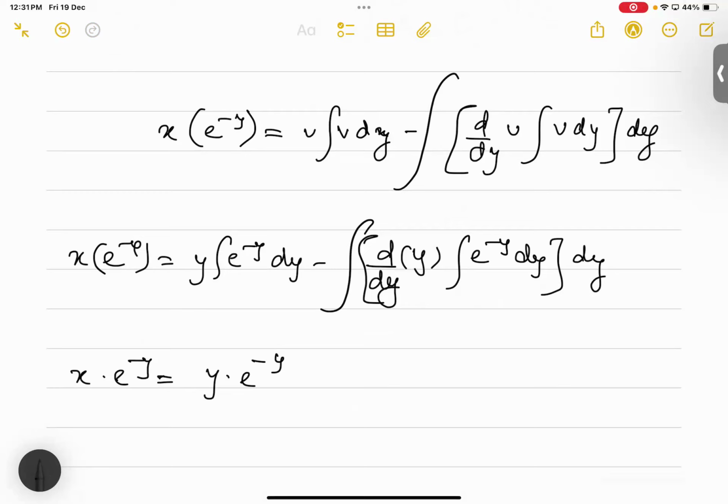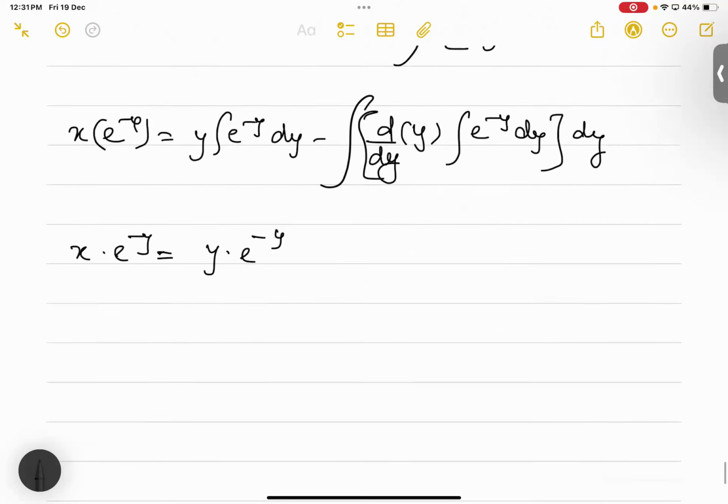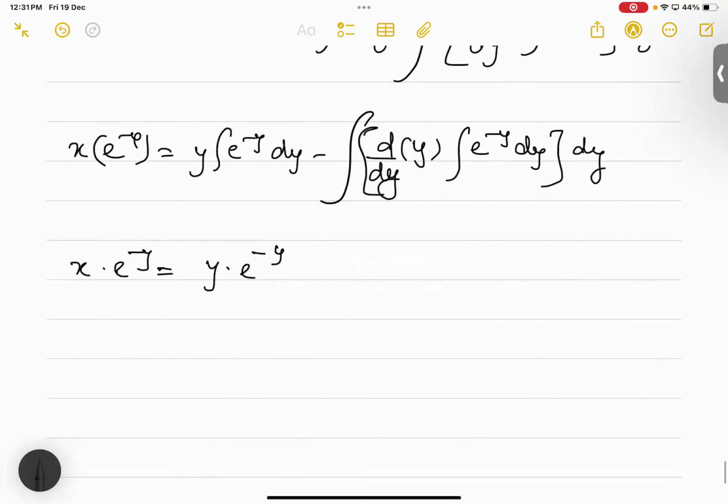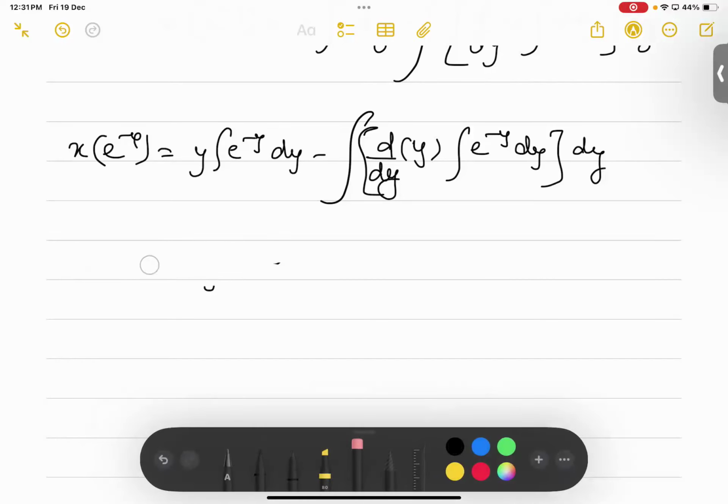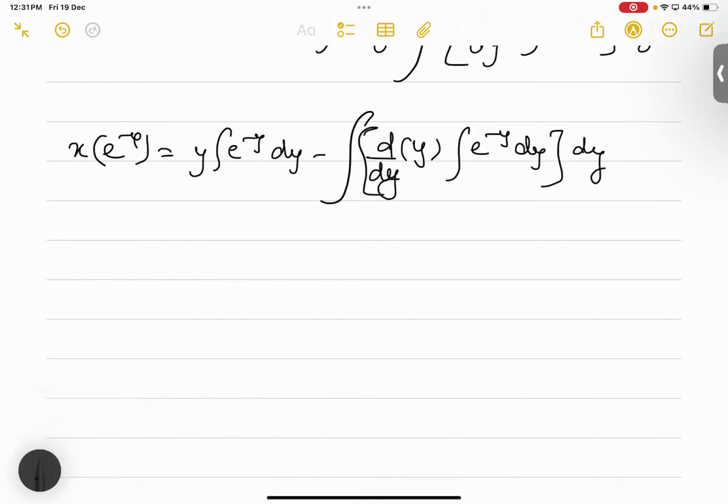Guys, what is the integration of e raised to minus y? Okay, that I'll write only once. I'll not write again and again. यहाँ पे बीच में बॉक्स ब्रैकेट डाल के कर लेता हूँ. Yes, guys, tell me. Integration of e raised to minus y dy is equal to e raised